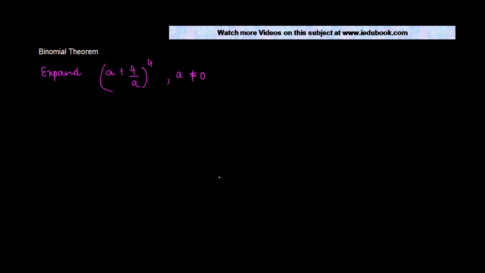Let's take a problem on binomial theorem, expanding a particular given number. Expand (a + 4/a)^4, where a is not equal to 0. Now we know in the binomial theorem, any number, for example (x + y)^n